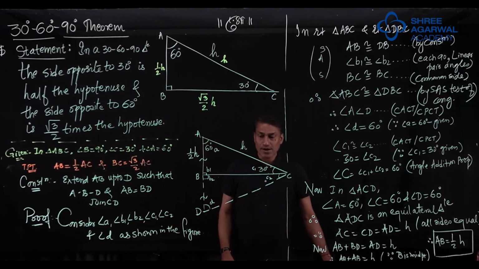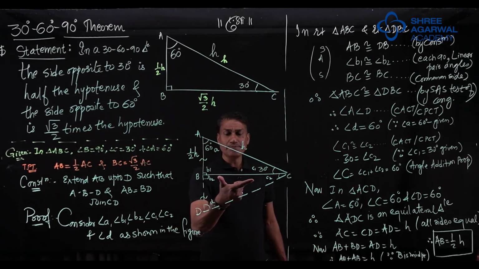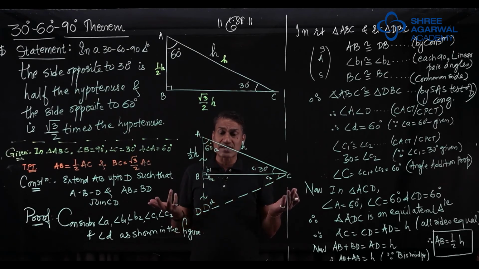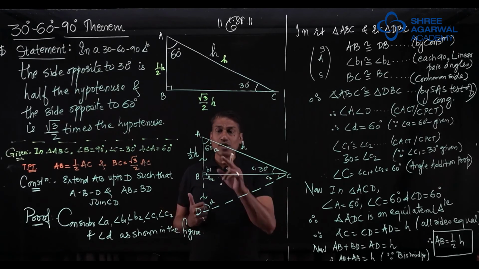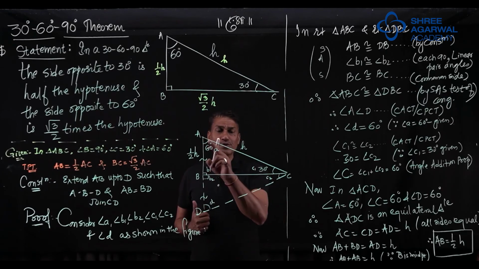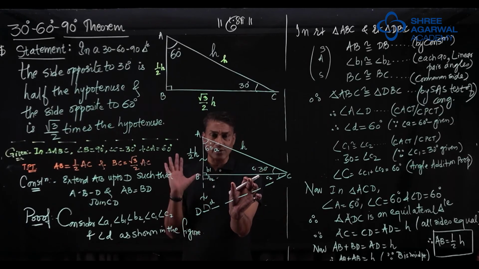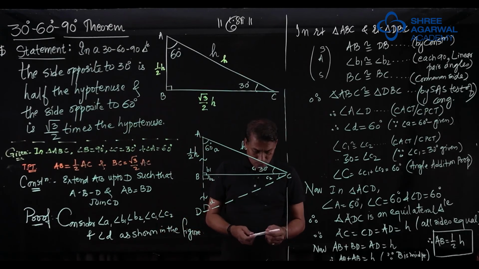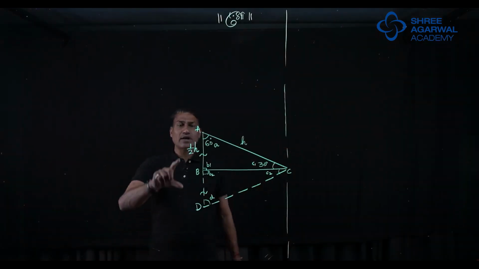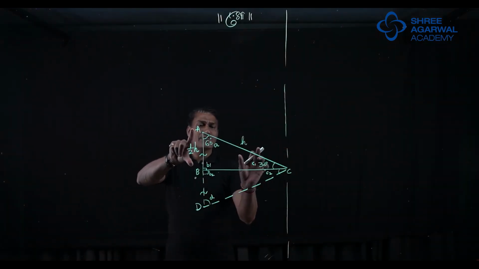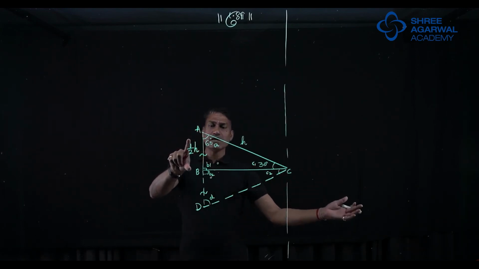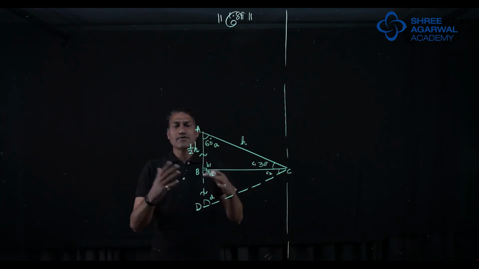Okay, sir. Now we have to find BC. So to find BC, we are going to use right triangle ABC and we are going to use Pythagoras theorem. Okay. So we will write AB square plus BC square is equal to AC square, and the remaining side we can find out. So now we are going to do the next part, in which we are going to find BC. Okay, friends. Proved that AB is half of AC. If AC is H, we proved just now here that AB is half of AC.